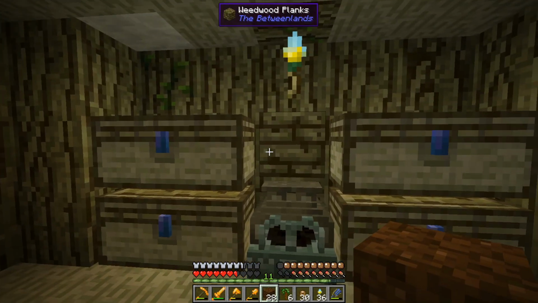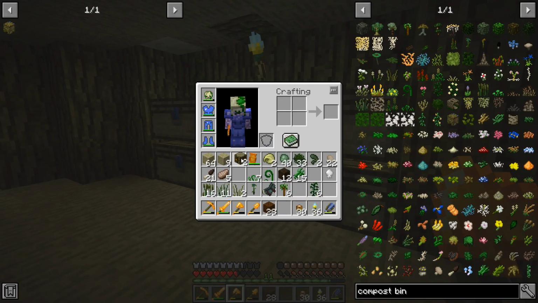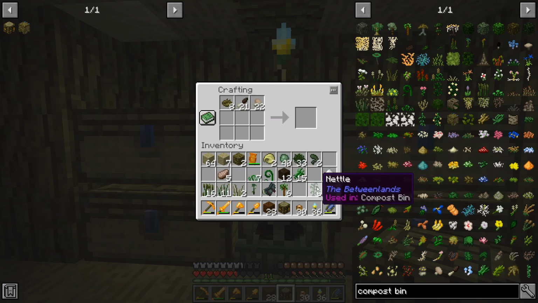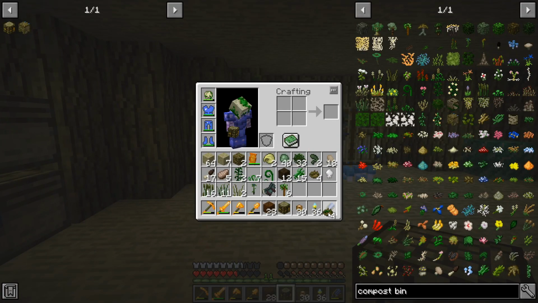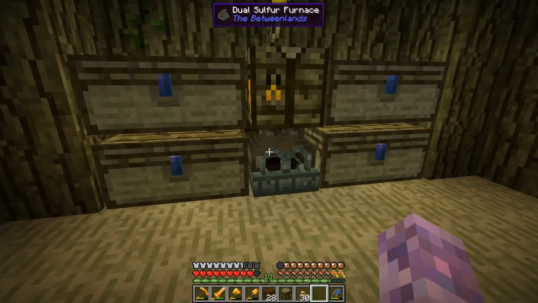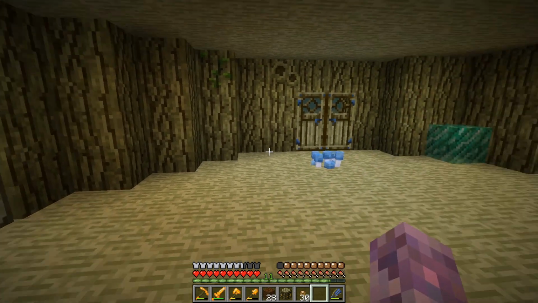Although we can make some decent food, and I feel like this should be over here. If we make ourselves some weedwood balls, blackhead mushrooms, flathead mushrooms, and some nettle, I can get ourselves some nettle soup. Now I want to save some, because we're going to be growing that. Not a bad food, and we can cook this other stuff. Yeah, I'll go get a little bit more Cymerite from down in the mine, and we can dig into some